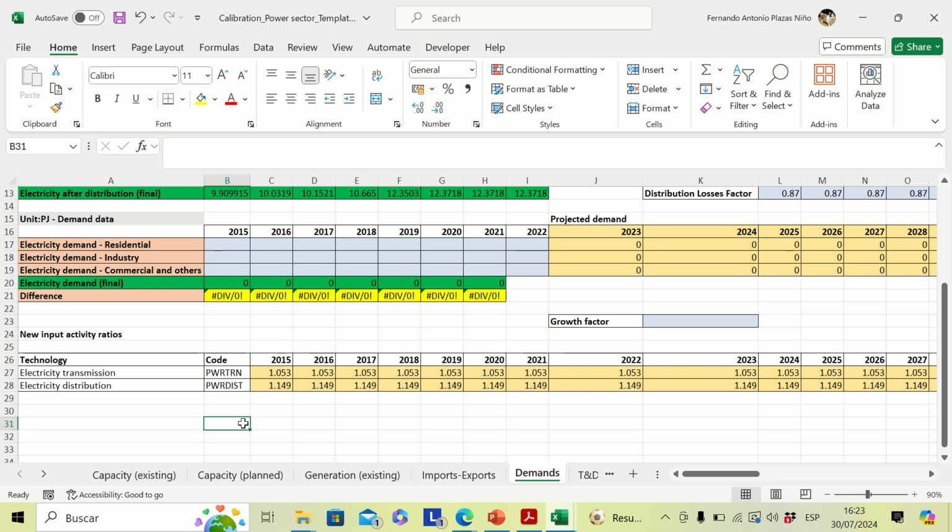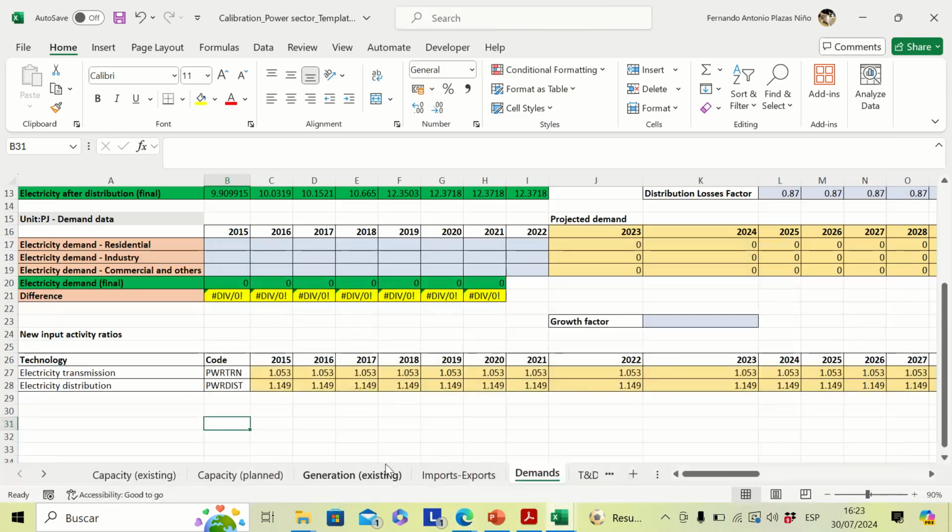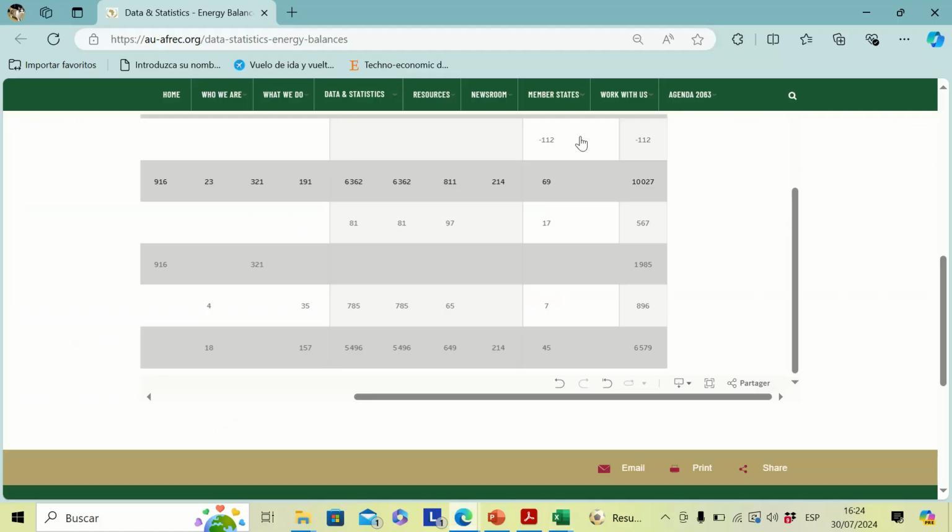So let's consider that for residential the value is 45. Then we have industry at 17, and finally 7 for commercial. We don't have other sectors in the energy balance, so that would be all. This is in kilotons of oil equivalent, and we need to find what is the